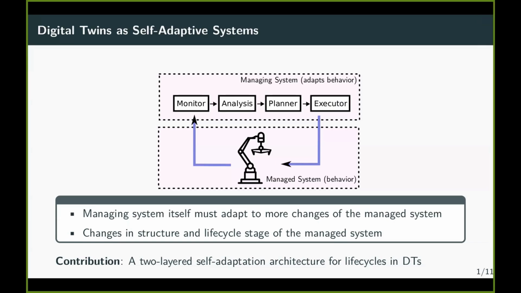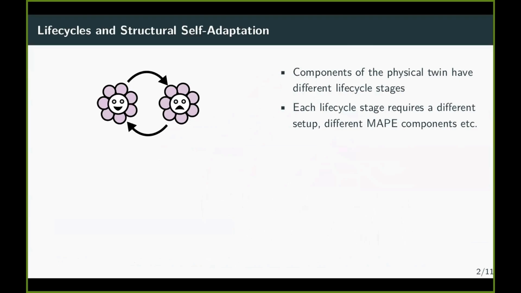And we end up with a 2-layer self-adaptation architecture, so we have another mechanism up front. And one key ingredient is that we define the life cycle in a declarative way, because we need this to enable generic planning. Let's look at what I mean by life cycle. We understand life cycle a bit more generically compared to manufacturing. We assume that each physical system has different stages, and in these different stages it has different behavior and different